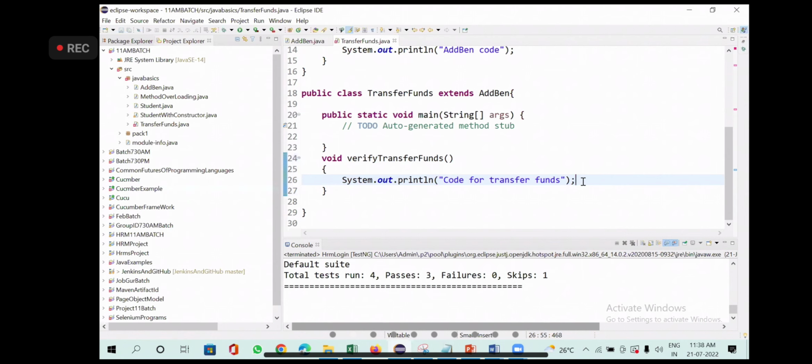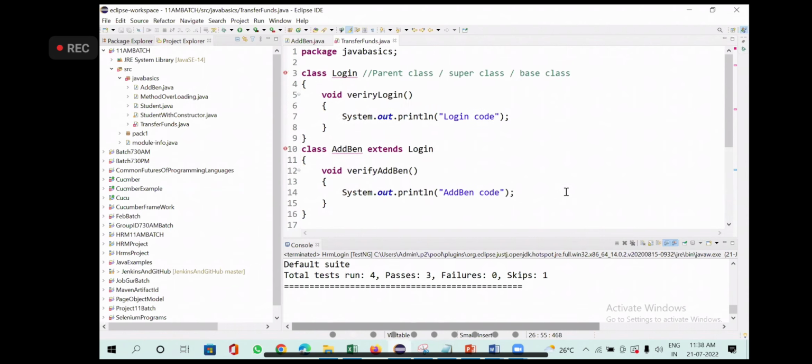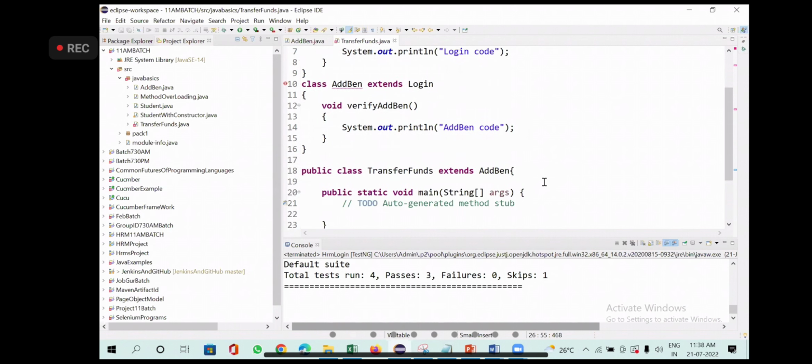Now I have to create an object. For which class do I have to create the object? Login, add beneficiary, and transfer funds. For which one do I have to create the object? Transfer funds. We always create the object for the last subclass.